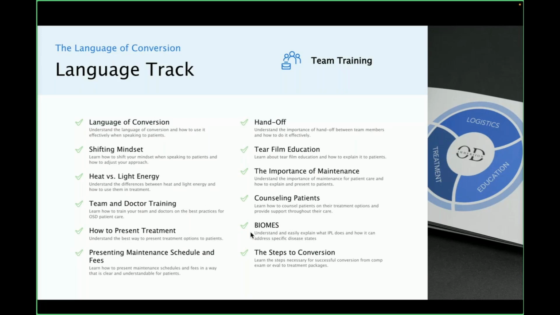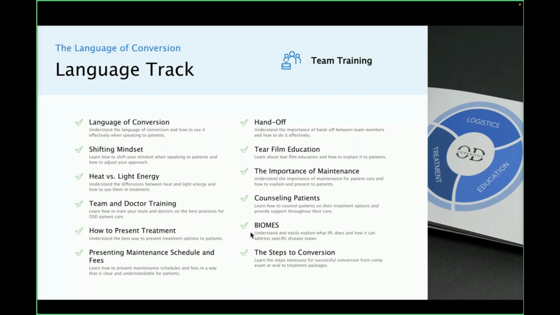Even when I first came out of school, I remember the days of dry eye, meaning you look at the cornea and you see if there's any keratitis there. Well, my understanding and my viewpoint of dry is completely different now. I see that keratitis, and my first question is, what is the underlying cause? Where did that start? And let's start backtracking, right? And find out really where's that coming from.